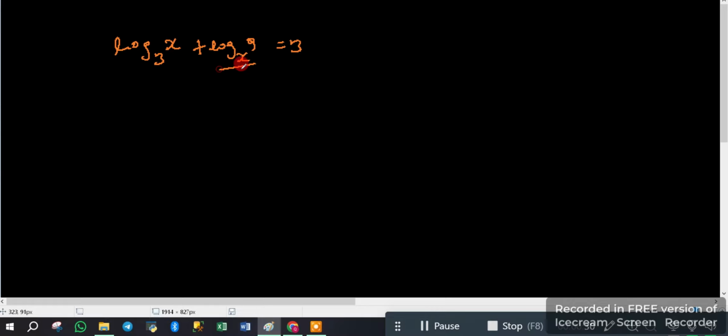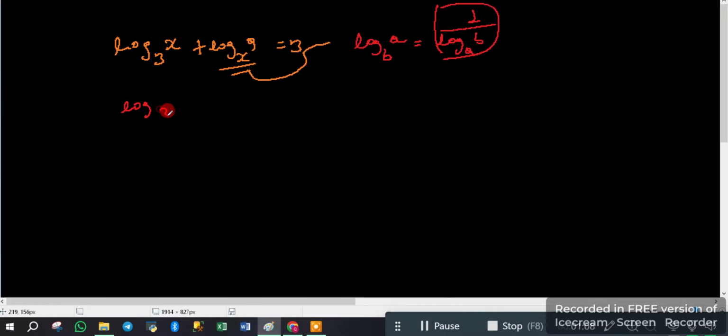So what you have to do is change this by using the change of base formula. If it is log a base b, you could write this as 1 over log b base a. You just flip it. Then we'll get the same base. That means log x base 3 plus log